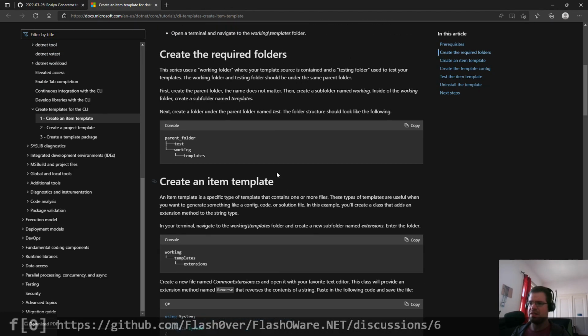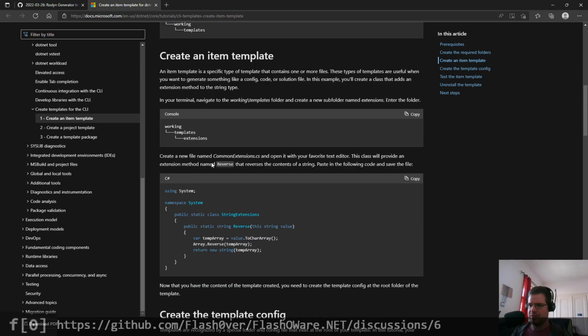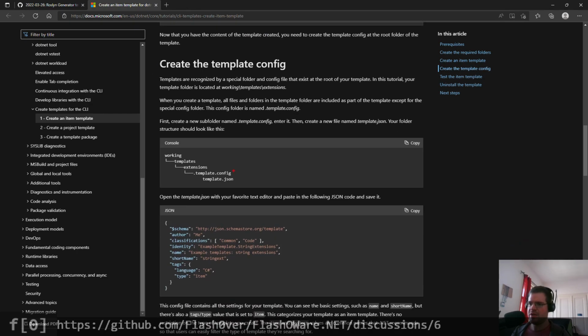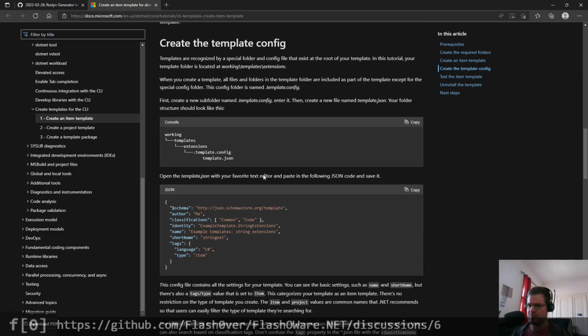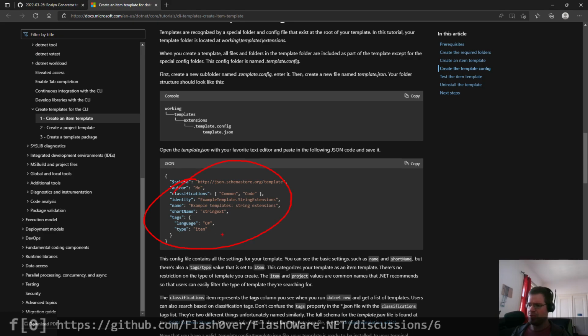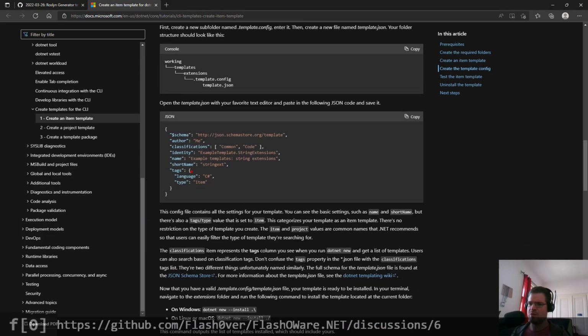It explains again how the template.config folder and the template JSON need to exist. And here are the required parameters. Here, for example, we have tags, the C# tag. This is also what we saw in the CLI earlier. And this is an item template. An item template usually creates one item, or could perhaps create multiple items, but usually creates one item. Then the type could also be project,